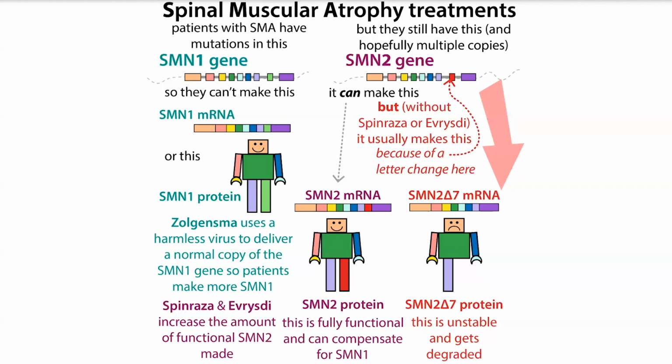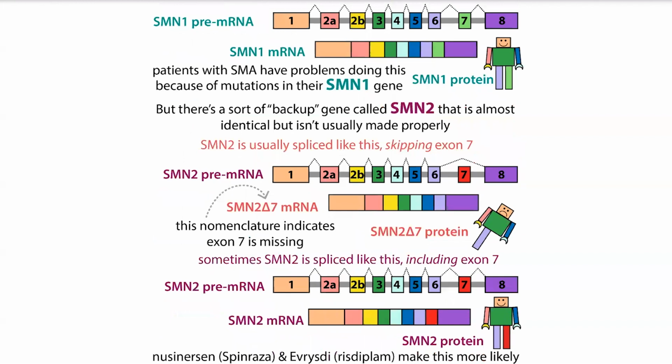But SMN2 doesn't normally get used because there is a single letter difference in the gene that causes it to be spliced incorrectly, making a protein that is defective and can't be used. And that happens in everybody. So in everybody, even patients without SMA, they don't make much of any SMN from SMN2. So most people are making it from SMN1, but with these patients, they have a mutation in SMN1, so they